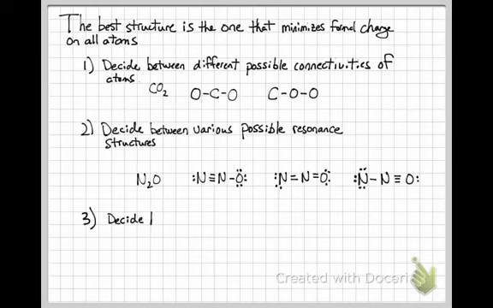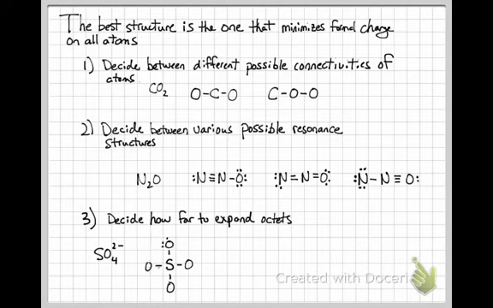And then finally, we can use formal charge to decide how far to expand an octet. So for instance, SO4 2- has this Lewis structure. Okay. Now, this is a perfectly fine Lewis structure. We have octets on all atoms, including the sulfur, the central atom. However, sulfur can have an expanded octet. It is below the second row of elements in the periodic table. It can expand past 8, and so we could,